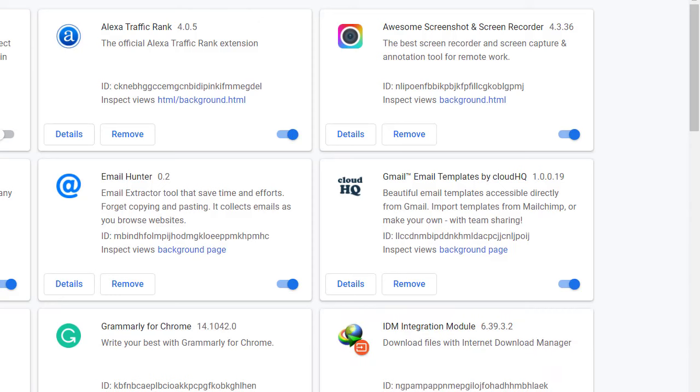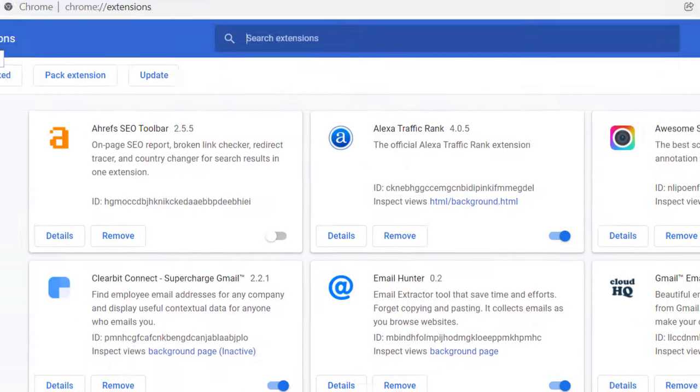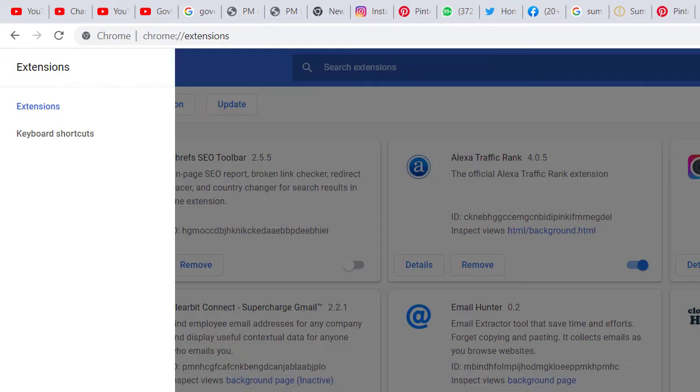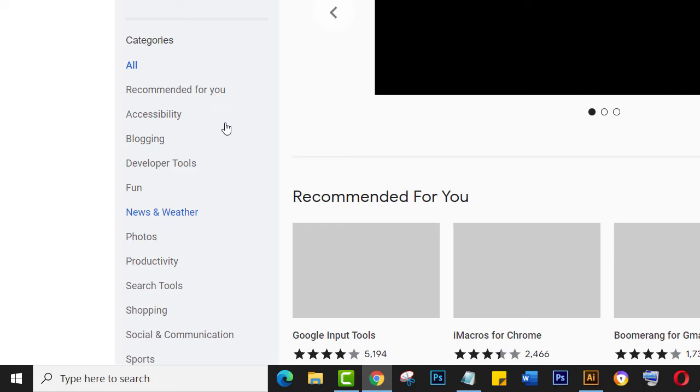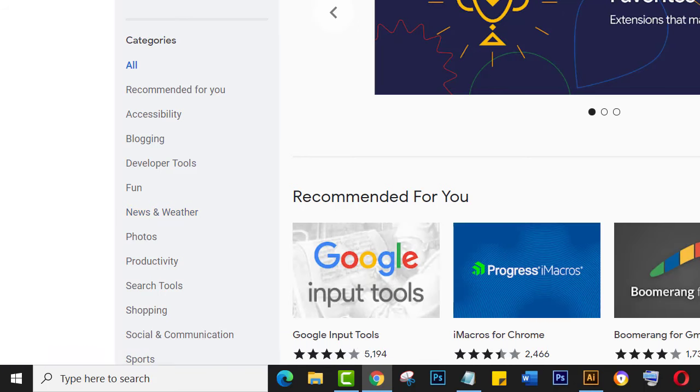In the extension page, you click here, main menu, at the end open Chrome Web Store. Click here and search the store.